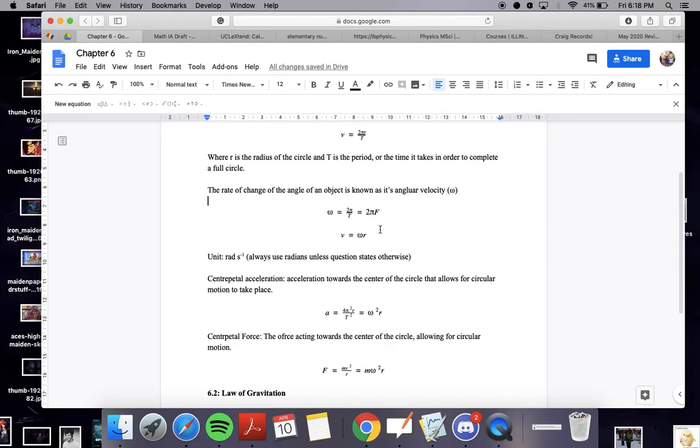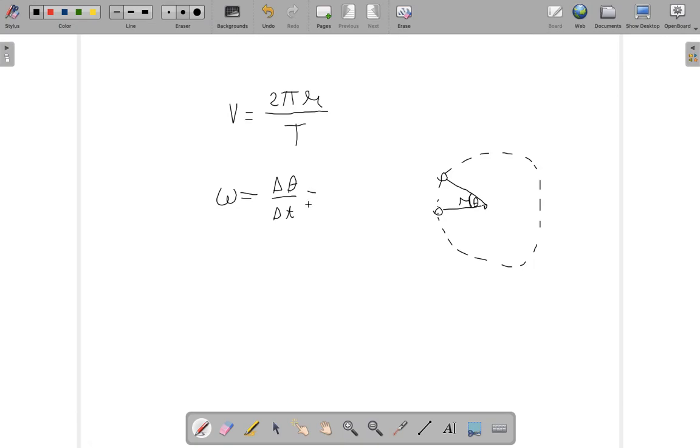And this can also be given by 2 pi over time period, because if you remember, in radians the total angle, or 360 degrees, is the same as 2 pi, and that is a full circle. That is how much the angle changes by in one whole period. So 2 pi over the time period. And from waves, if you remember, we had time period equals 1 over frequency. This applies over here because